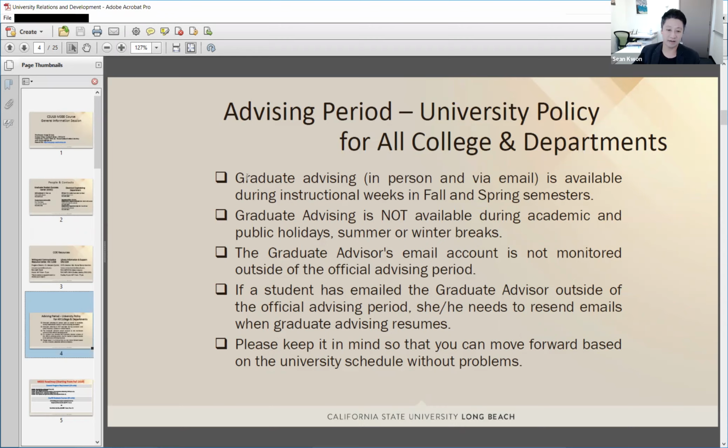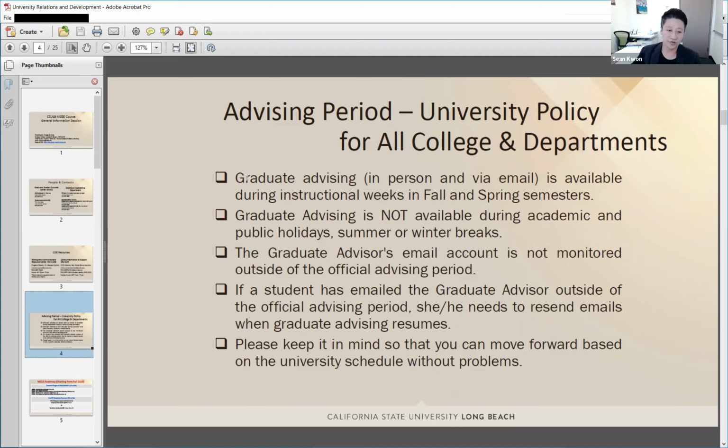However, you can contact the EE department, and if there is something urgent requiring the graduate advisor's signature, the department chair can sign instead during my out-of-service period, following the university and college policy.